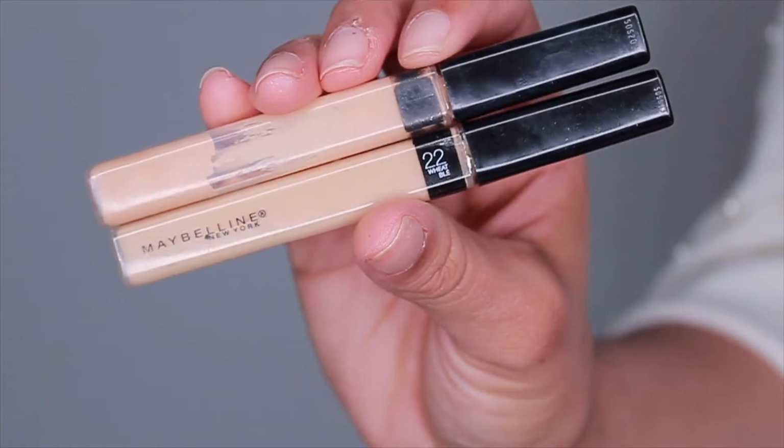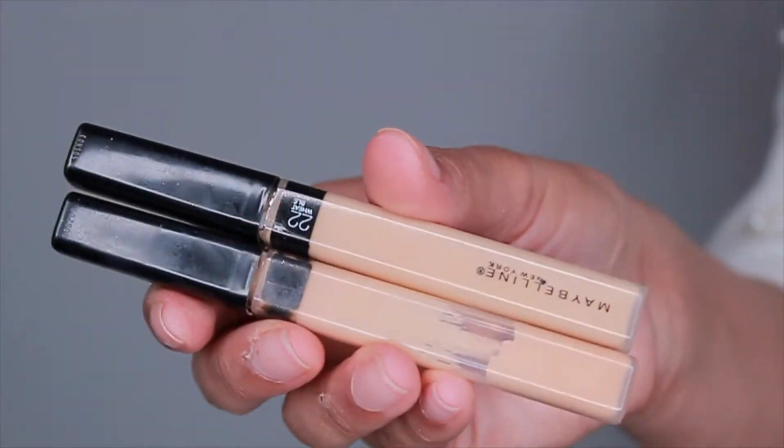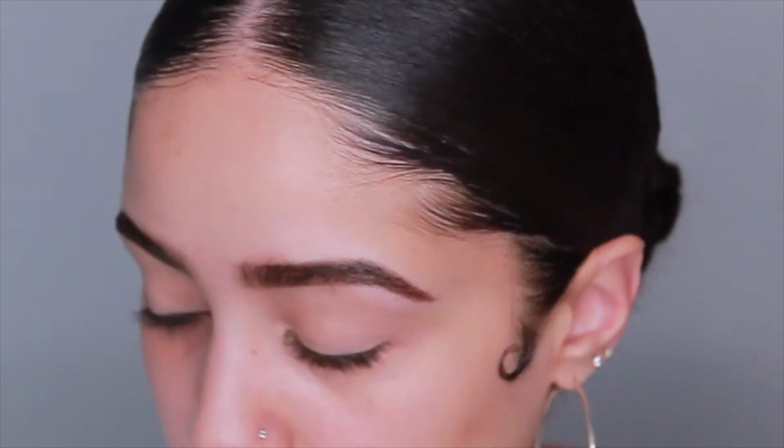So with this eyebrow, now that I've filled it in with the hair-like strokes, I like to brush with the spoolie. Now that the brows are filled in, I'm going to take the Fit Me concealer by Maybelline. Again, drugstore products, love a good bargain with good quality. This is in the shade Sand Sable. It's probably on the lighter side of my skin tone. So we're going to